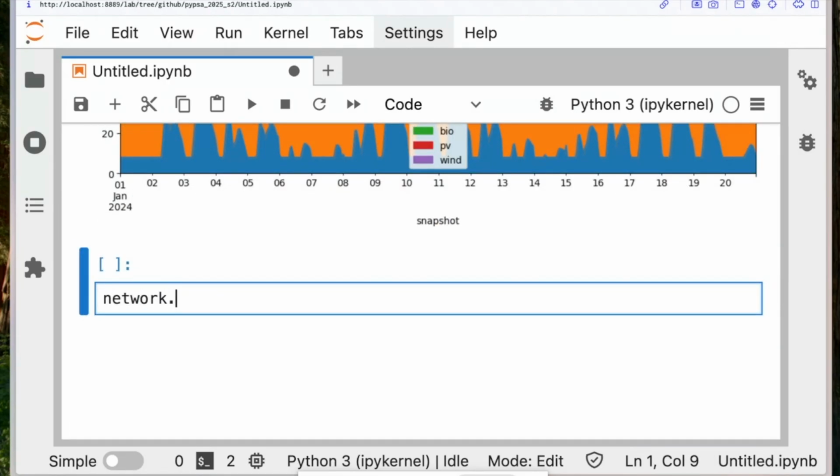As I said, we need to add another one, but not a generator, just a storage unit. And we are going to name it hydro